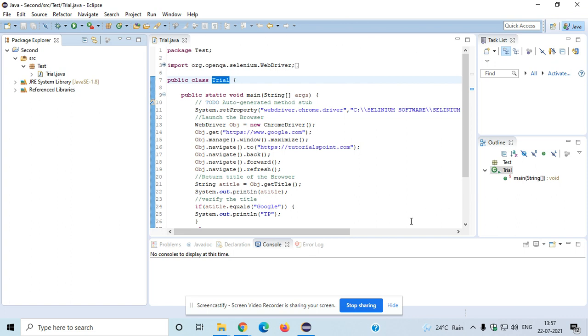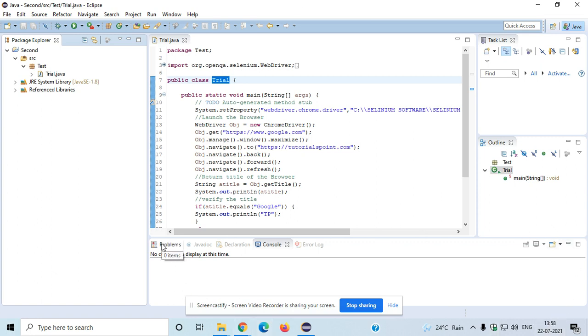This is all related to the editor window of the source code. Whatever we want to write in any programming language, all the instructions will be given numbered wise. The number of statements can be identified easily. This is the task list where we can identify the list of tasks, and here an outline of the package, program as well as the main method will be identified, and this part is related to the console environment.